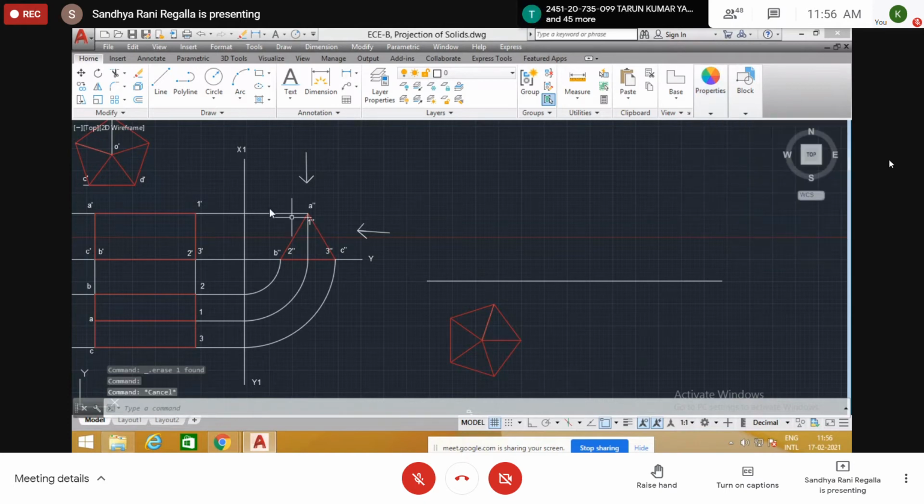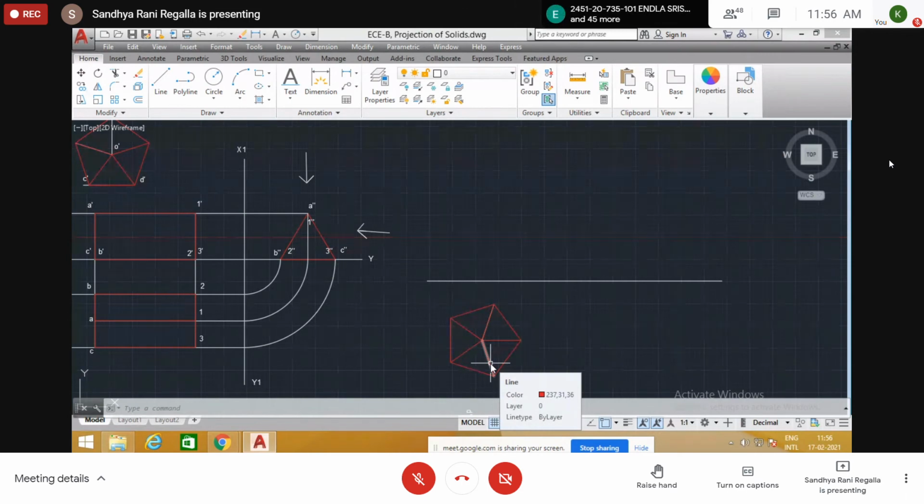This is the position. Why do we take only this position? Here it is given that it lies on HP on one of its slant edges. Slant edges means OA, OB, OC, OD, these are the slant edges.